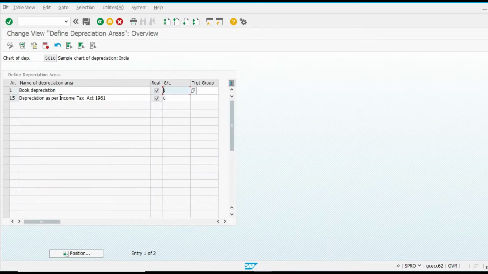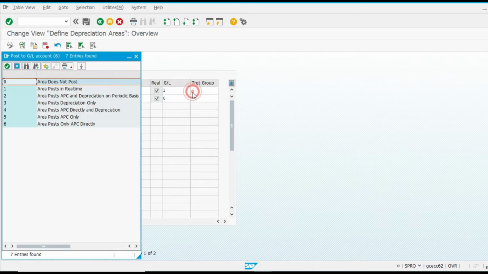Go to define. These are the two depreciation areas which we selected during copying. What are the indicators 0 and 1? 0 means the area does not post to GL. 1 means the area posts in real time. Second, the area posts APC and depreciation on a periodic basis.